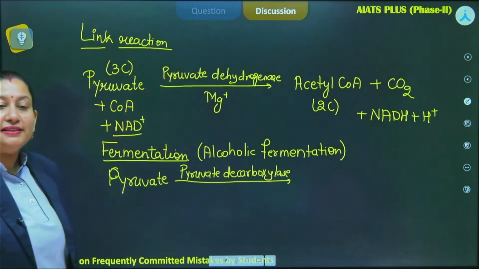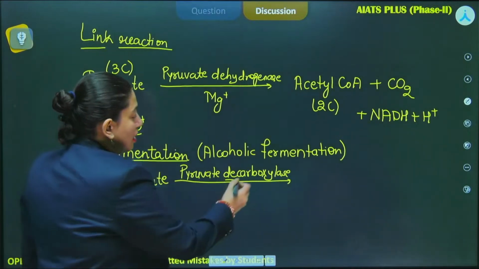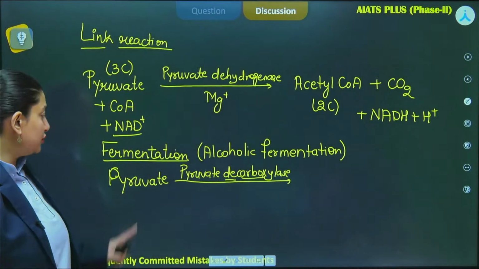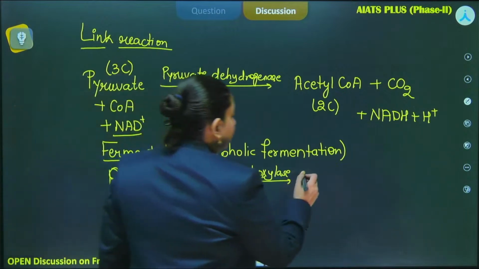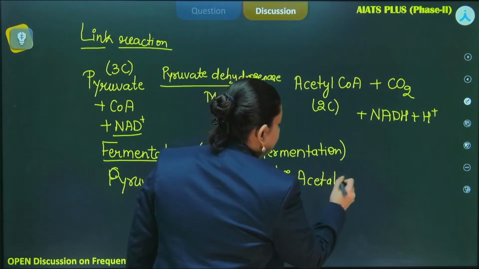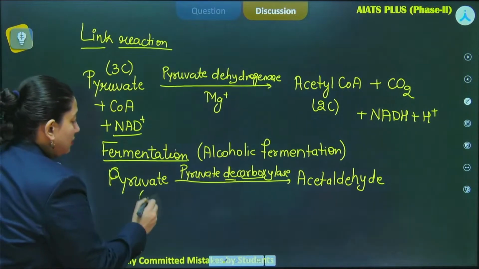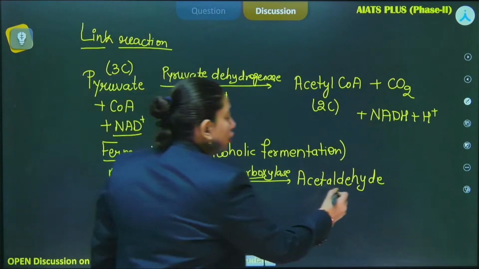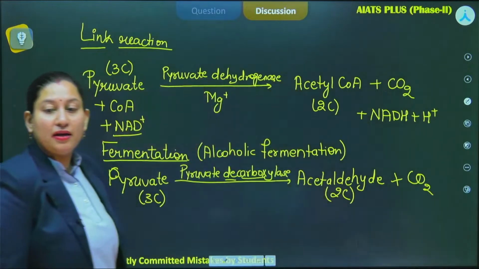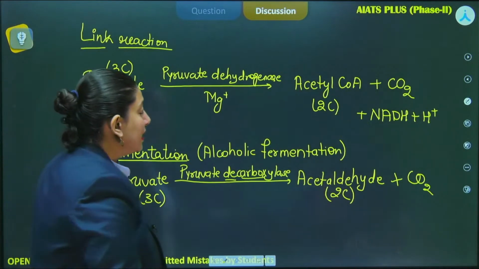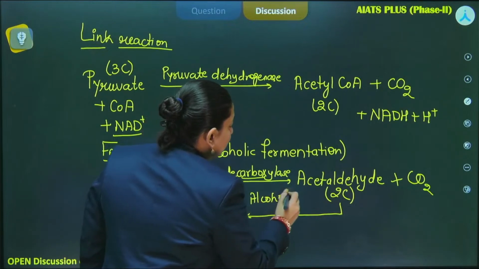right? The name of the enzyme itself is making clear that it is going to eliminate, D means elimination of carboxylation, that means carbon dioxide elimination is going to occur. So when pyruvate decarboxylase acts upon the pyruvate molecule, it is going to yield acetaldehyde, right? Similarly, like the above reaction, this is again a 3-carbon compound yielding a 2-carbon compound, and of course during the process the remaining one carbon is going to be eliminated as carbon dioxide, right? Now this acetaldehyde will be worked upon by alcohol dehydrogenase,